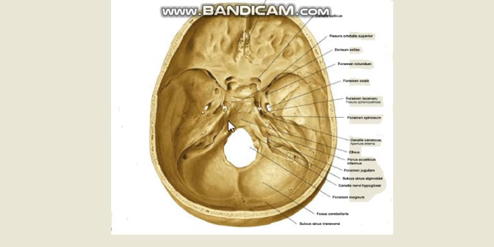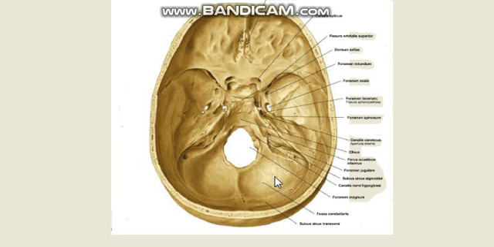And the major part of the posterior cranial fossa is in fact formed by the occipital bone, and a smaller part is formed by this wedge of the petrous temporal. Now the part of the petrous temporal that is included within the posterior cranial fossa is the posterior surface. Not only that, behind this over here you have the mastoid part of the temporal bone. The inner surface of the mastoid temporal also contributes to the posterior cranial fossa, as well as a part of the squamous part of the temporal bone by the sides.